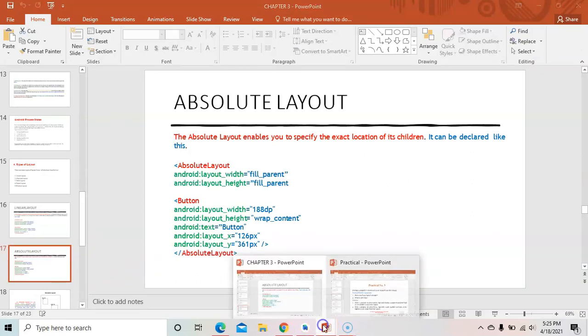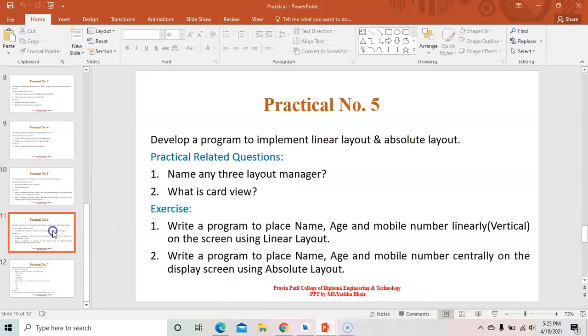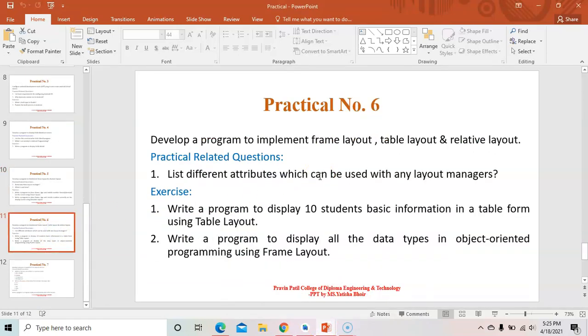So in the next video, we will see practical number 6, which has the frame layout, table layout and relative layout. Okay,